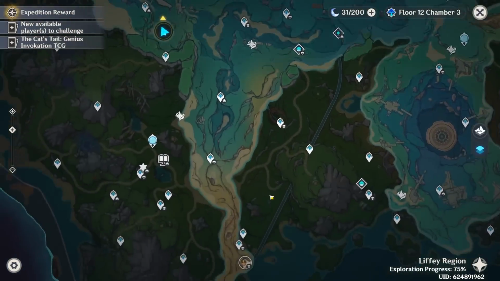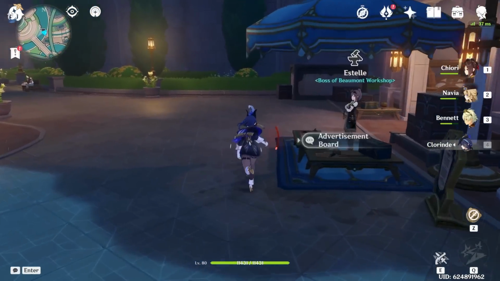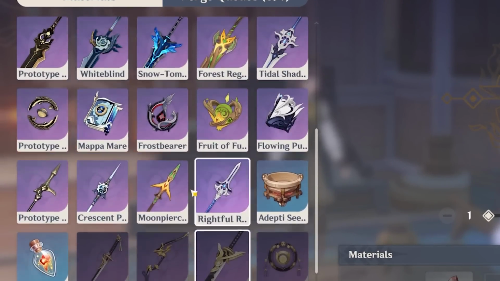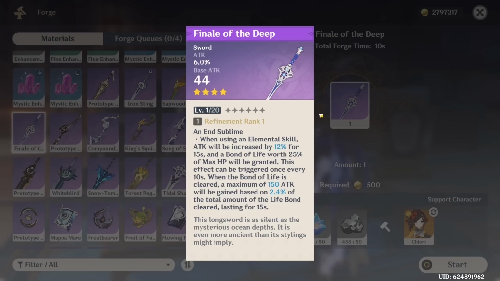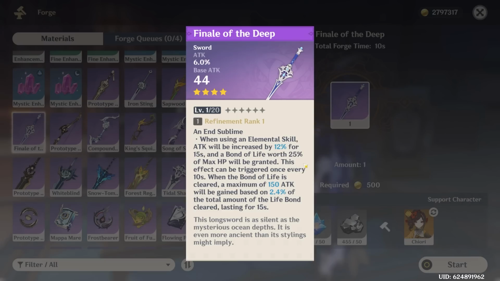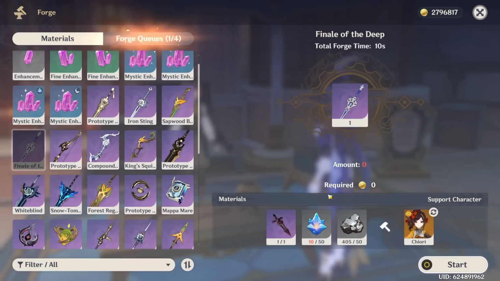If we go to our blacksmith in Fontaine, just down the way here, Estelle, hello there. I'd like something made. And where is it? I know there's a really good weapon in here for her. Yes, here it is. The Finale of the Deep. This is a very solid weapon for her. When using an elemental skill, your attack is actually going to be increased by 12%. And it also ties into Bond of Life, which is very solid for her. So I highly recommend crafting...